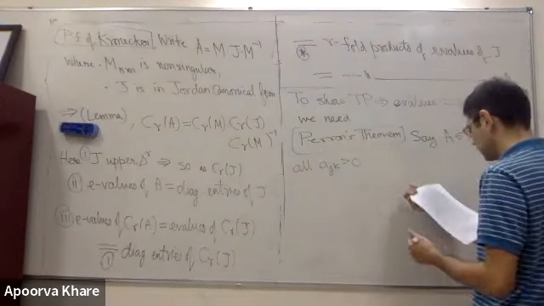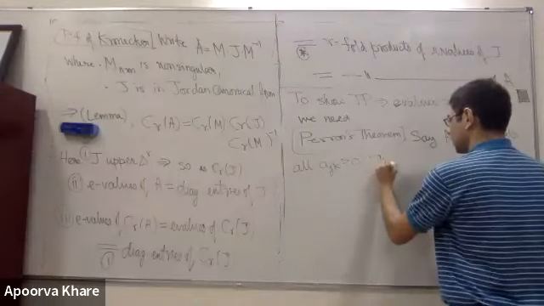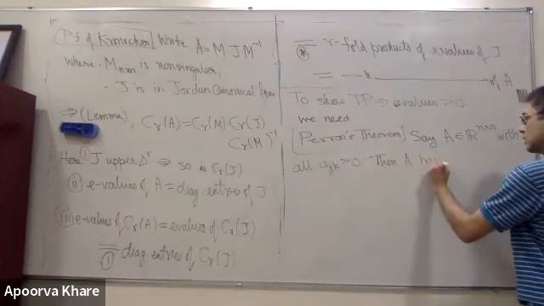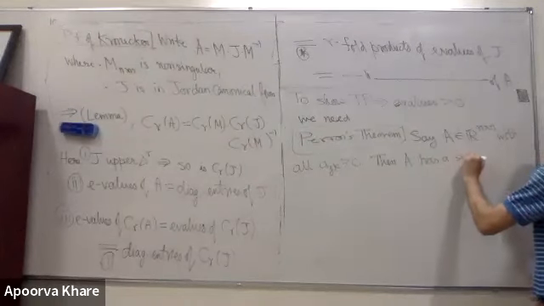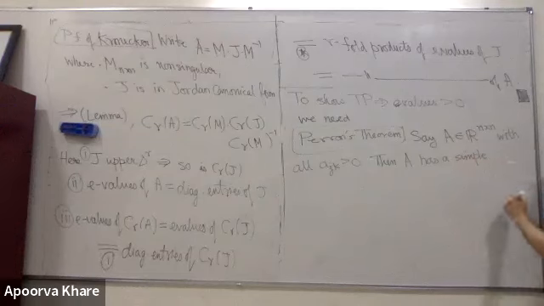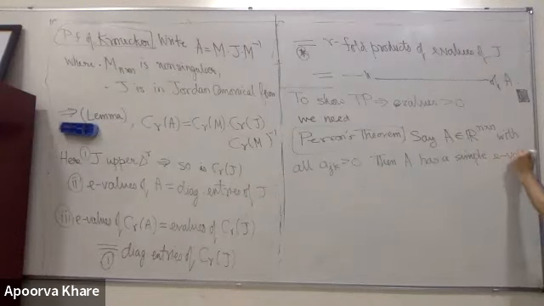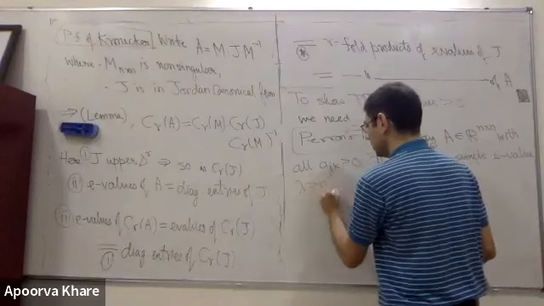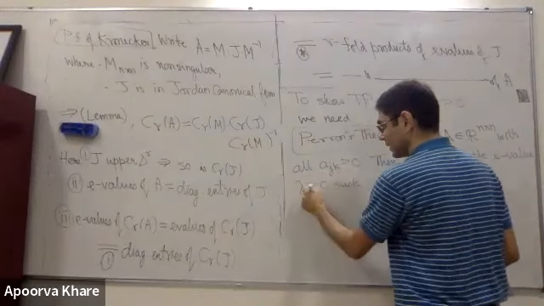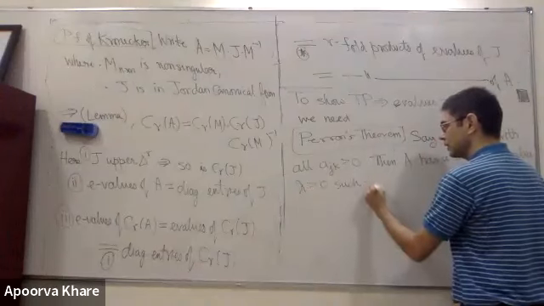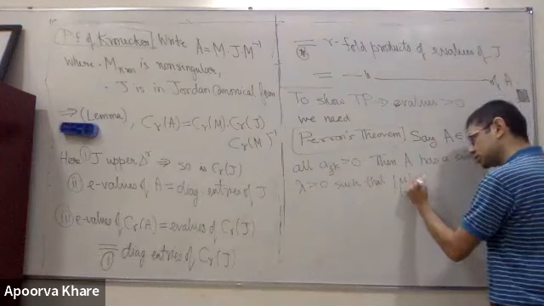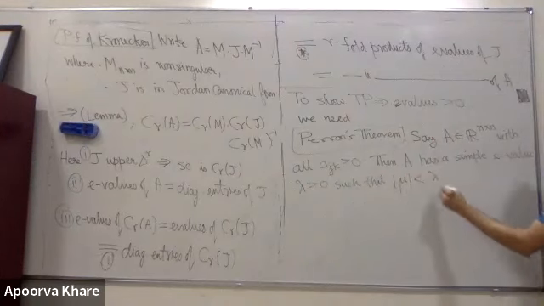Then A has a simple eigenvalue, simple meaning unique root, lambda bigger than 0, so it's a positive real value, such that the modulus of mu is strictly less than lambda for all eigenvalues